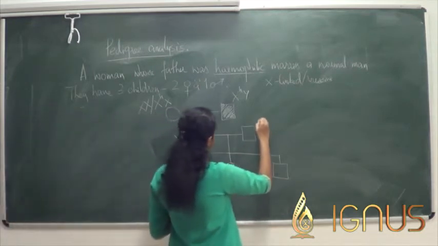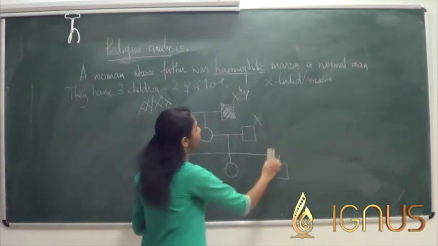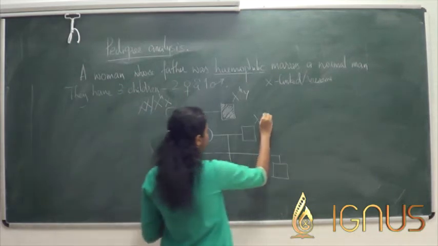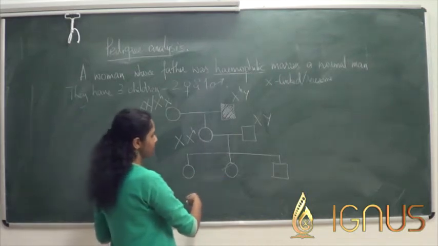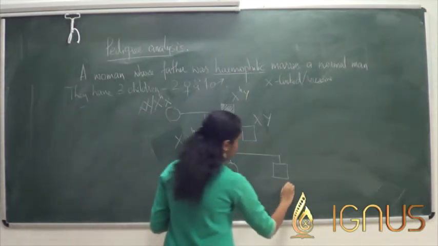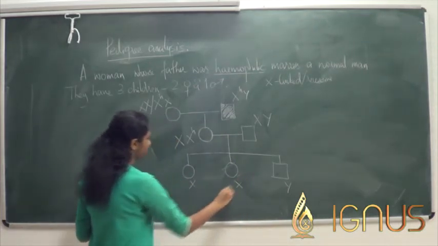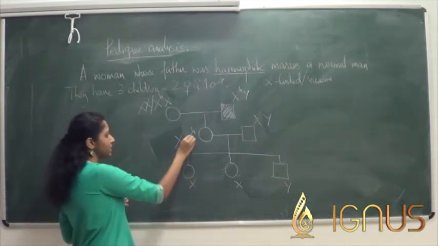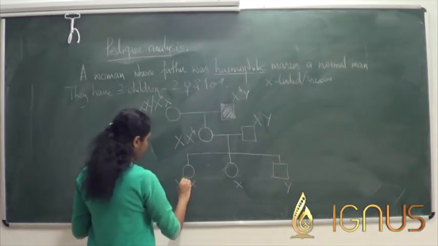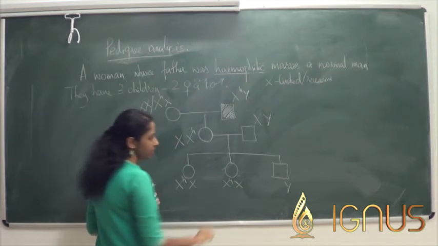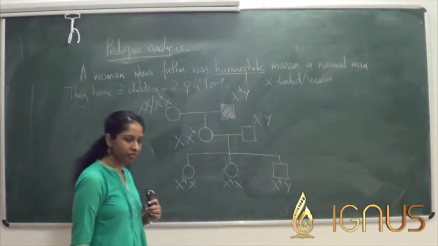Now this male here is for sure normal, we know that, because it says that the woman is marrying a normal man, so he is not carrying any recessive trait on him. Now the inheritance pattern, he is going to provide the Y chromosome to this child and the X chromosomes to these 2 children here. Okay. Now if we consider that this female is a carrier, these 2 females can become carriers, in which case this male here will be affected, or